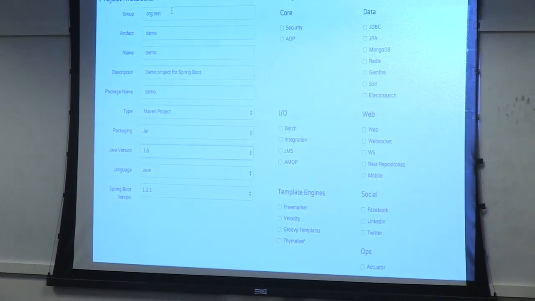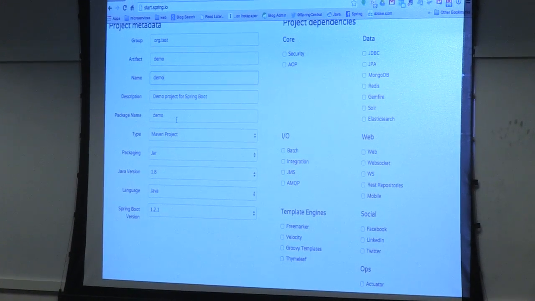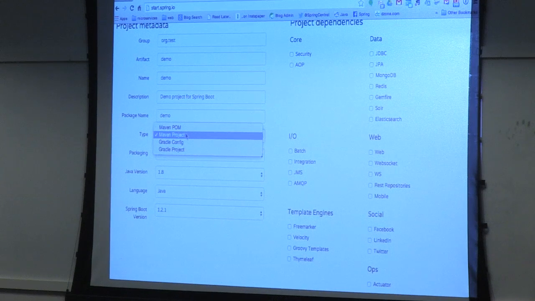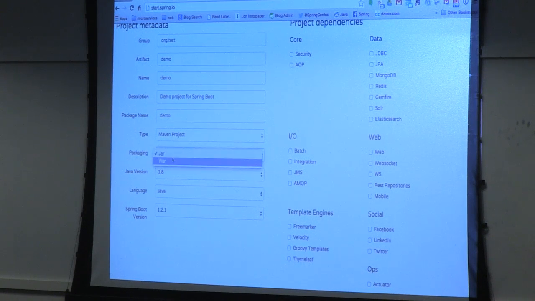So you go here, you do the normal pro forma stuff, the group ID, the artifact ID, the name, the description, package, blah. Choose Maven or Gradle. Choose Maven POM or Gradle build versus an actual skeletal directory structure, which has basically an empty class and an empty property file and all that. You can choose jar or war. It's 2015, so I'm going to go ahead and choose jar because why would you ever do that other one?